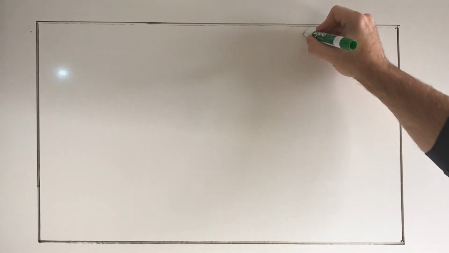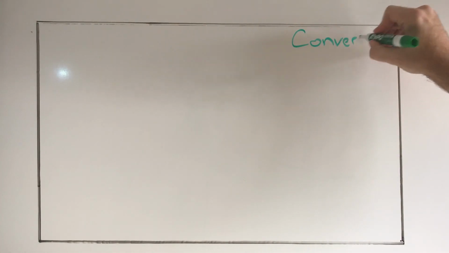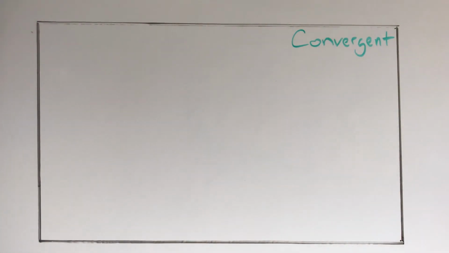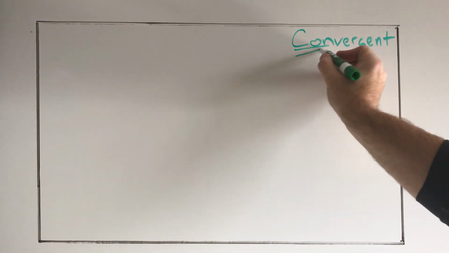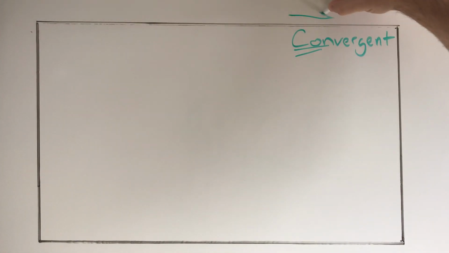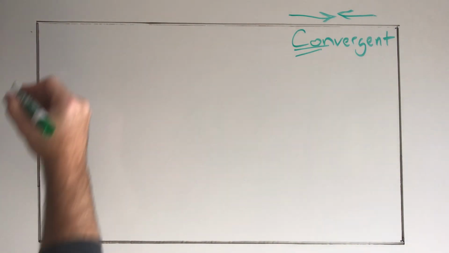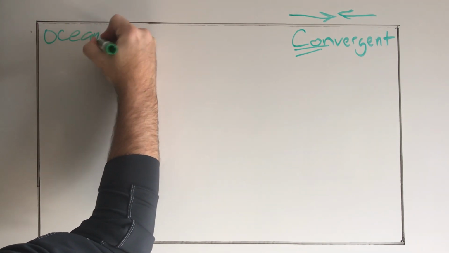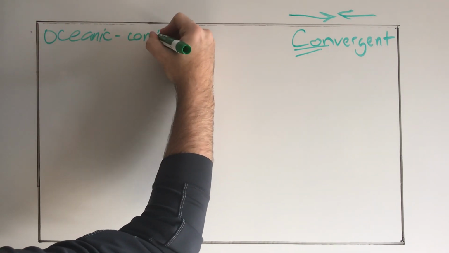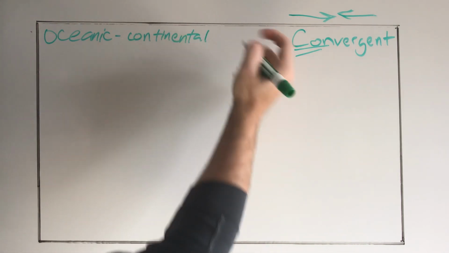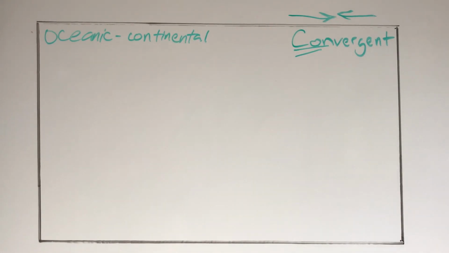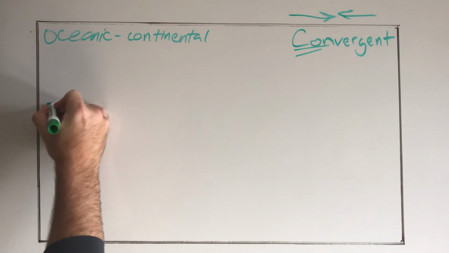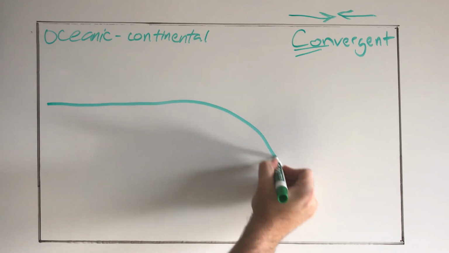The first one we're going to look at, these are all going to be from the convergent boundaries. Convergent boundaries. Remember that when you're dealing with your word hint there is that they are coming together. And so what we're going to look at first is oceanic and continental crust coming together. So this is an oceanic continental convergent boundary. So to draw this, you're going to give yourself some oceanic crust, and as we know, it will